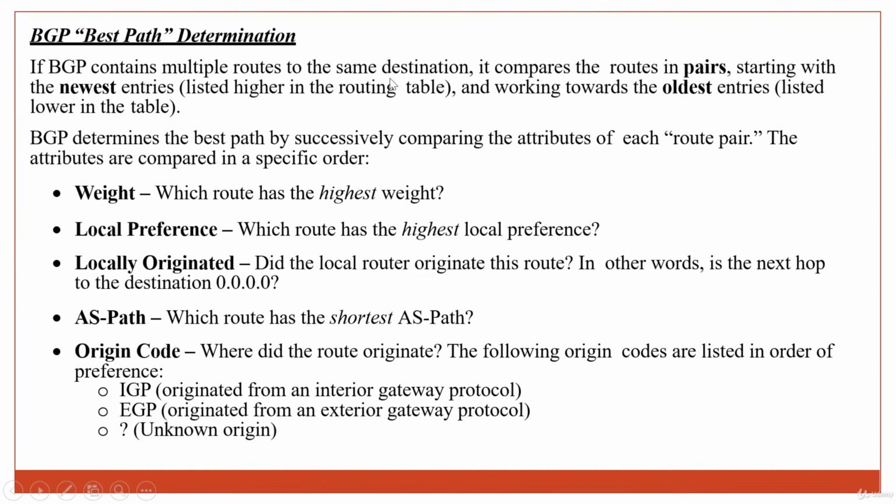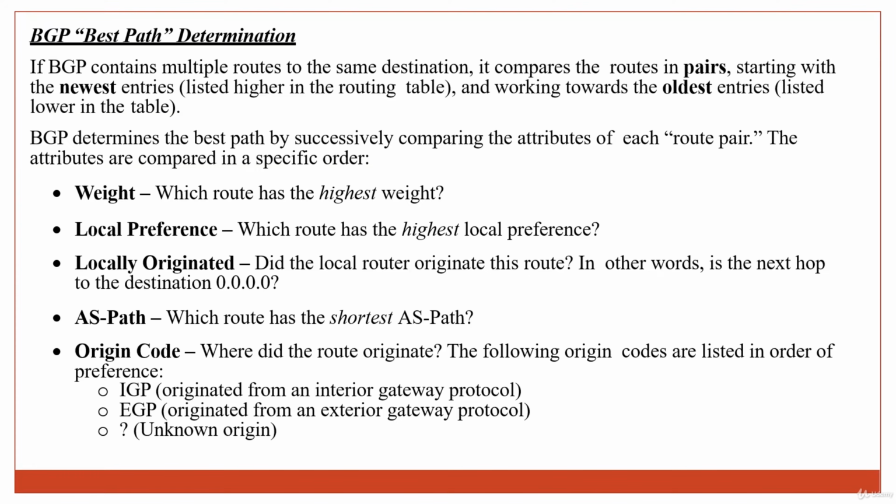BGP contains multiple routes to the same destination. It compares the routes in pairs, starting with the newest entry and working towards the oldest. Now, how is it going to determine? Suppose I have multiple paths to reach a certain destination, then BGP is going to check criteria A, B, C, D, etc. in order